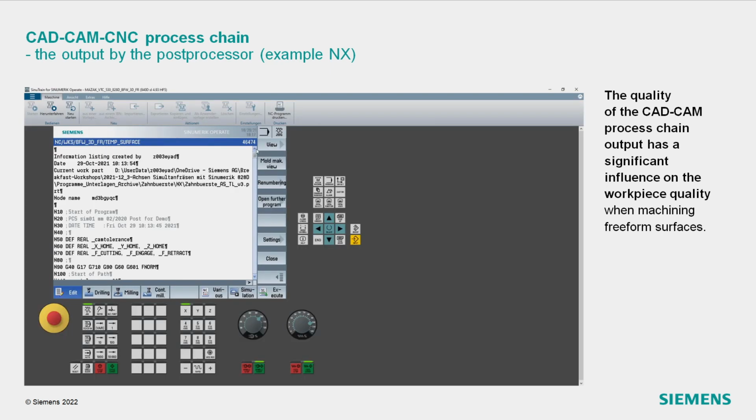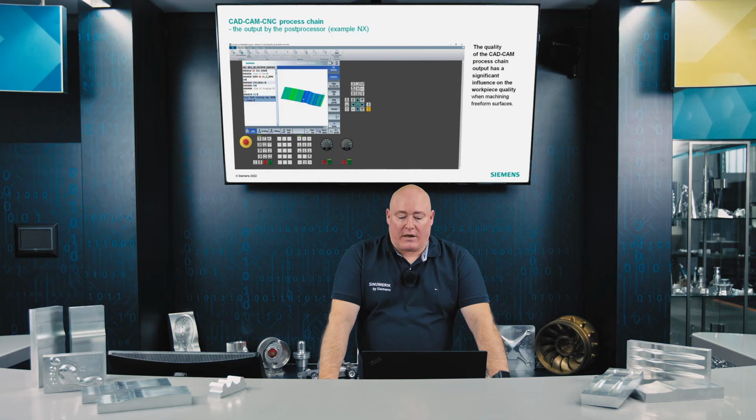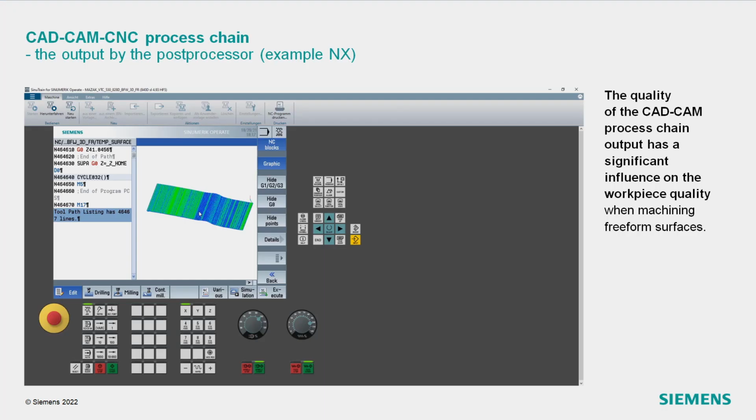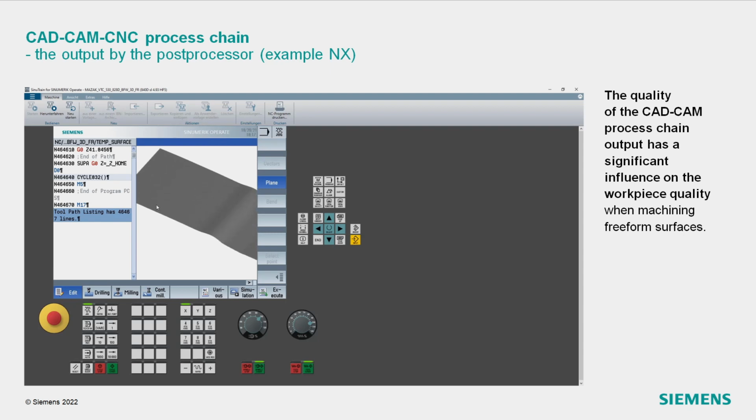This text file is imported into our Cinemeric and then verified using the mold making view as to whether we've actually selected the correct program. You can see clearly the toolpaths here. And with the plane function, the surface simulation or surface display is used to check whether the toolpaths are correct and whether the tool is moving along the correct path on the surface.